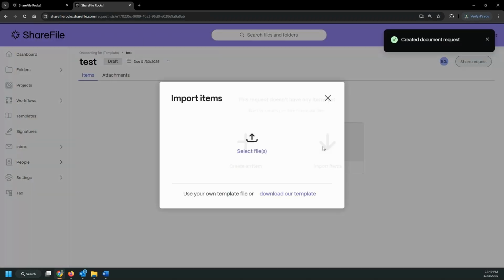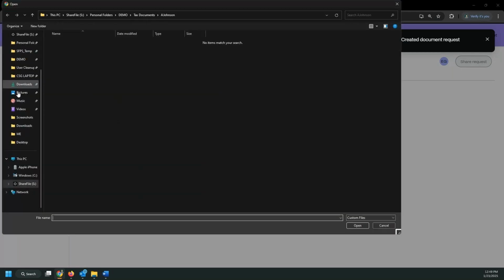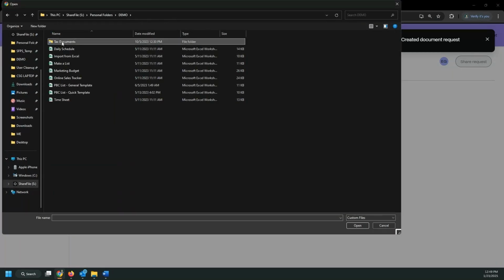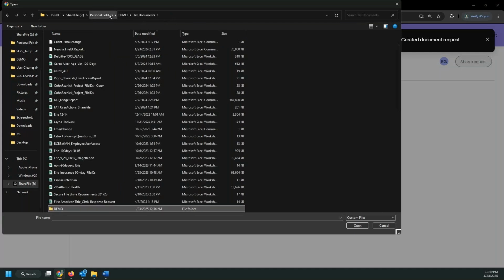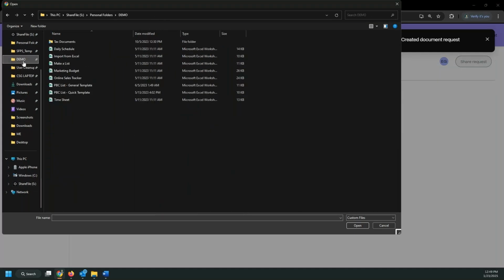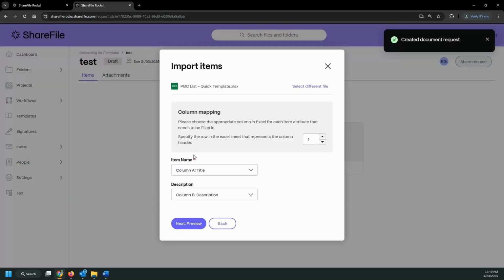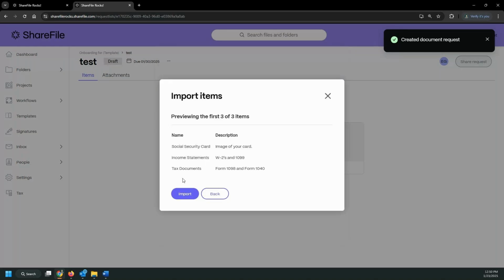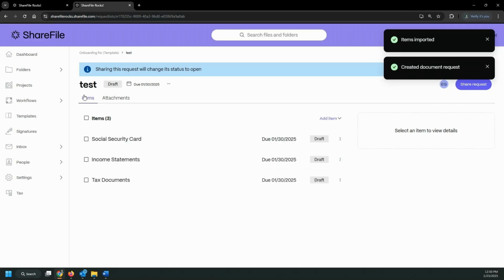I can import. So this will basically just be, hey, I have a file with a list of names and descriptions of documents. So let's say in that case, I have a document with that, or you guys just want to create items as one-off. Either way, I could recall a list here. This is just a template that we provide. Again, it's just two columns. One of them is a title of a file. The next one is a description. So I have a sample one here, and basically it's just importing 3 line items for a document request that I can then